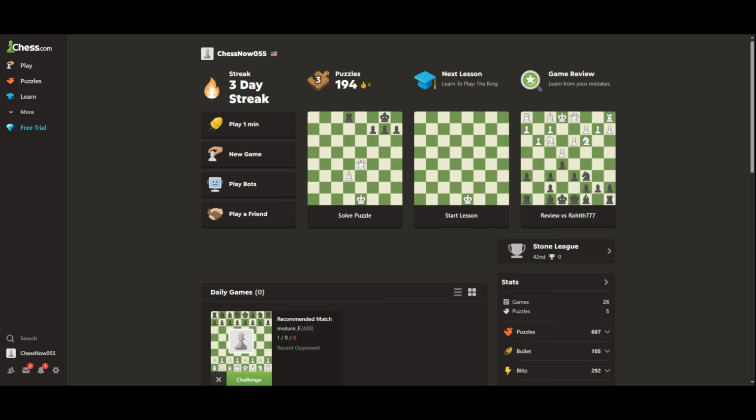If you're seeing chess.com error 429, don't worry. This usually means rate limit exceeded, and in this video, I'll show you the quickest ways to fix it. This happens when chess.com detects too many requests in a short time, like repeated refreshing, automation, or too many actions happening back to back. The good news is that in most cases, you can solve it without needing any complicated